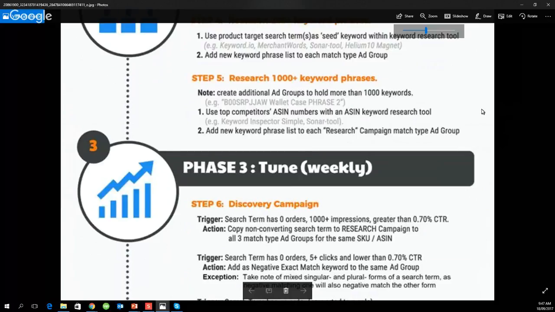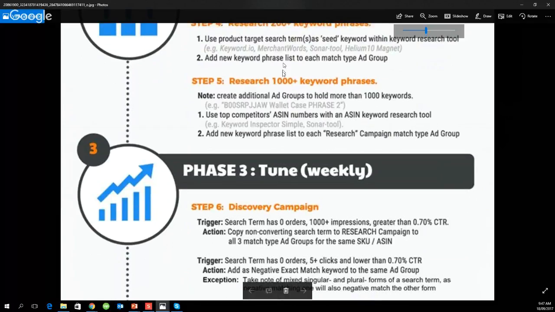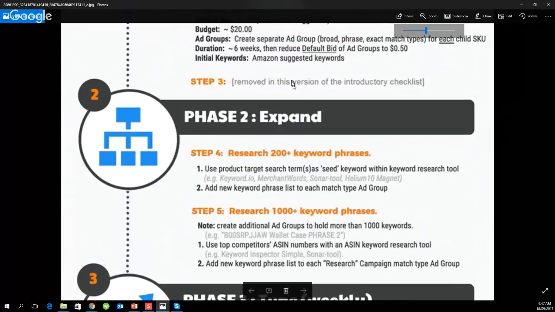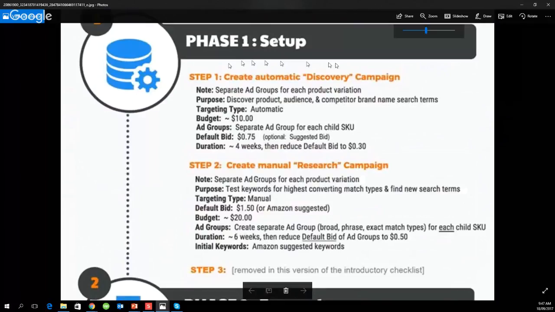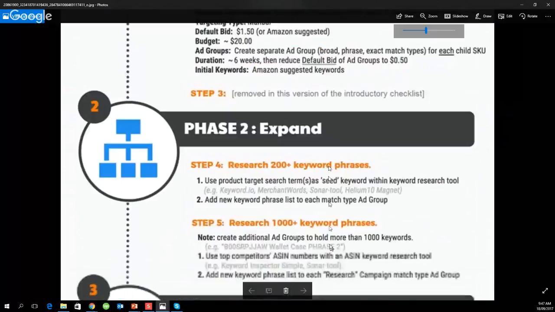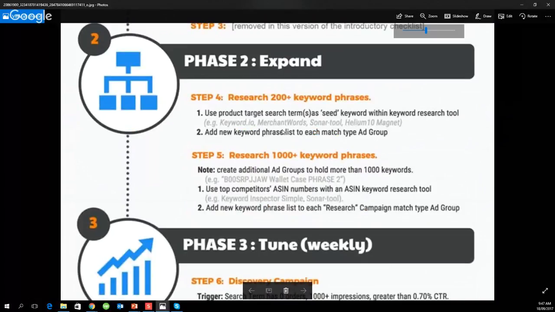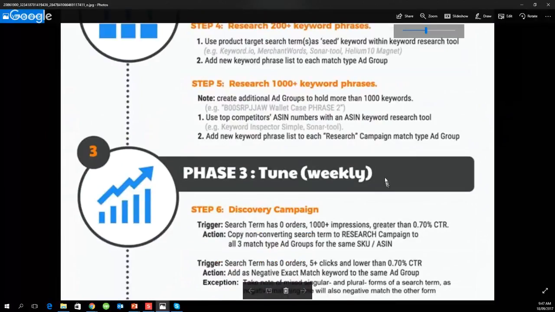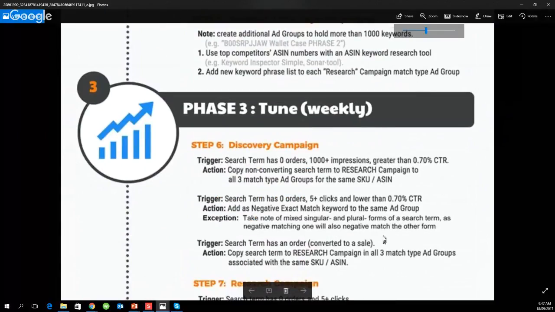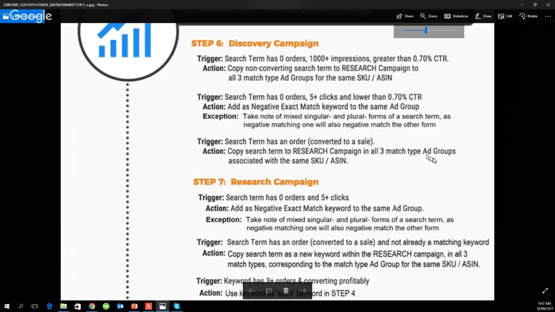So you can see this particular subject is not a simple one to grasp. And this is why I didn't want to go through in detail too much in 1 week. So I think what we've done to start with, these two sections here, is enough to be getting on with before we move into expanding our ad campaigns. Now, once you're at that stage, once you've been up and running for 6 to 8 weeks, potentially,